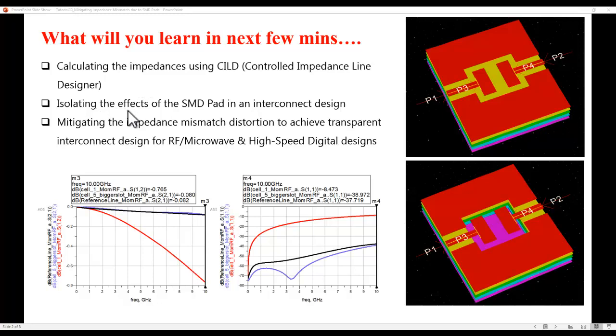We will then look at how to isolate the effect of the SMD pad in an interconnect design, and finally look at techniques to mitigate the impedance mismatch distortion to achieve as transparent an interconnect design as possible, whether you are in RF microwave design application or designing high-speed digital boards, which are inherently very broadband designs. It's a pretty interesting topic. Hopefully you will stay till the end of this video, and the next few minutes will be very useful for your